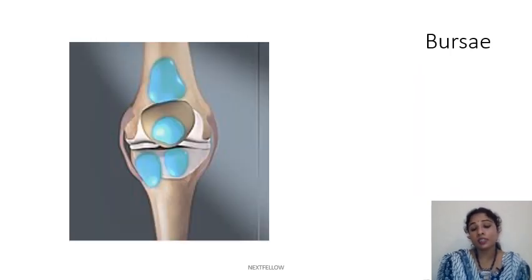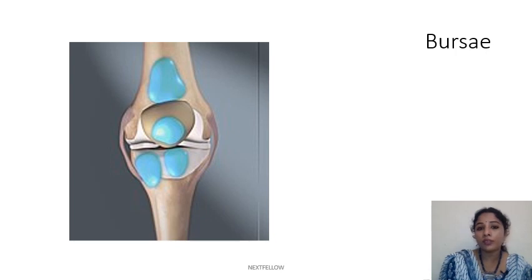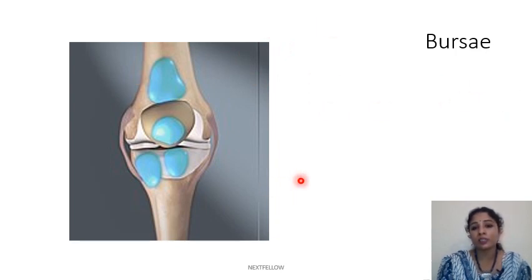Next, the structures associated with the joints and the muscles are the bursae. Bursae are fluid-filled, flattened sacs of synovial membrane that facilitate movements by minimizing friction. So, you can see several bursae around the